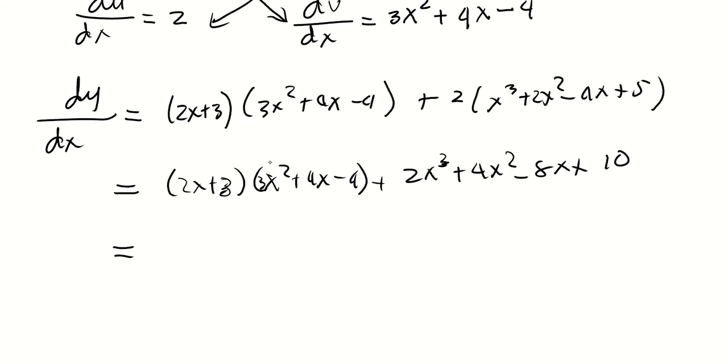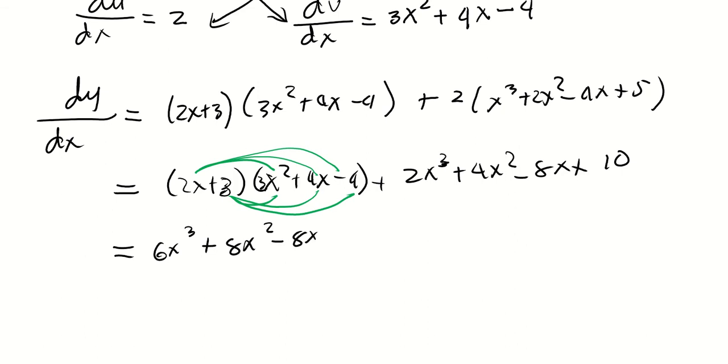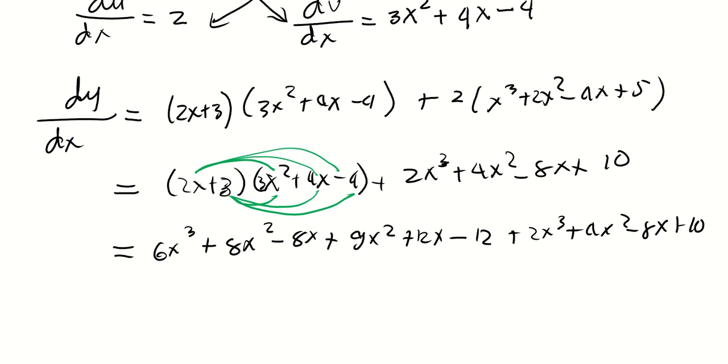So if we take the product of this, then this one, the result will be 6x cubed (2 times 3x, 2x times 3x squared), so 6x cubed, plus 8x squared, minus 8x, plus 9x squared, plus 12x, minus 12, then plus this one, that's 2x cubed, plus 4x squared, minus 8x plus 10. And simplify. So dy/dx now